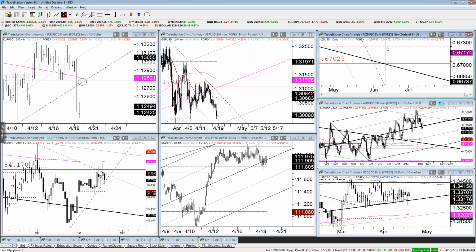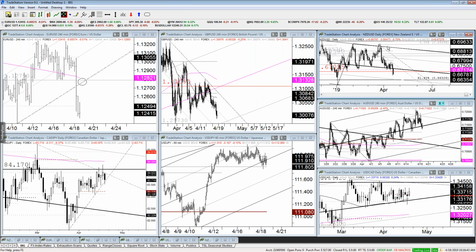Kiwi is the cleanest of the bunch as far as I'm concerned when it comes to trying to latch onto a move, get into a trend, get out of this mess. It's the one that's actually showing some range expansion. All right, dollar CAD